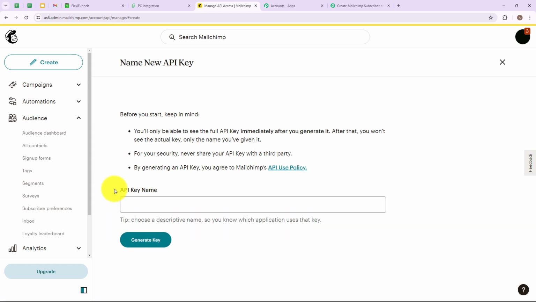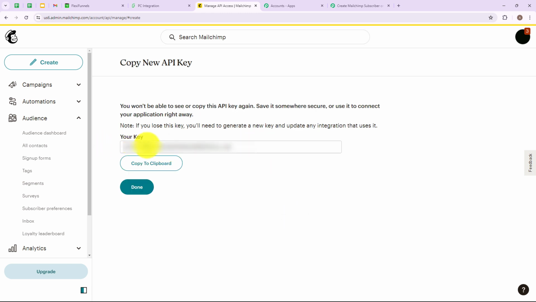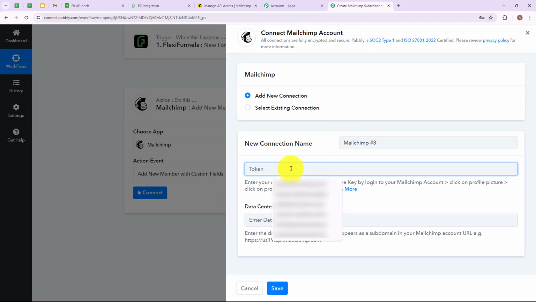And here we have to give our API key a name. So I'm naming my API key as demo key. Now let's click on generate key. So here I have received the API key. Now I'm going to click on copy to clipboard. So as I've copied this API key from here, I'm going to paste it over here in my Pabbly Connect